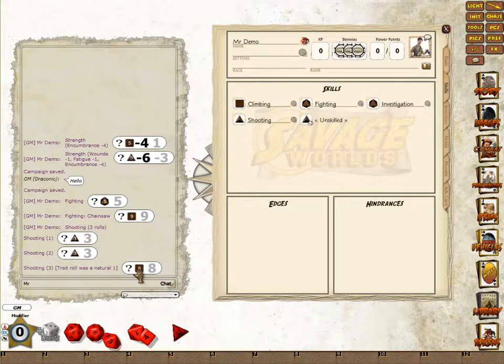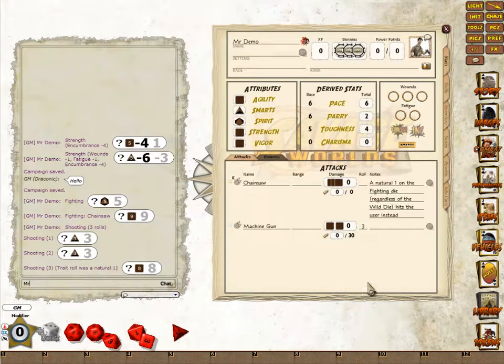So basically you don't have to sit here and work out which are the best rolls. It's completely automated into the dice rolling. We've just added in a machine gun with a rate of fire of 3, so when Mr. Demo opens fire, you can still just